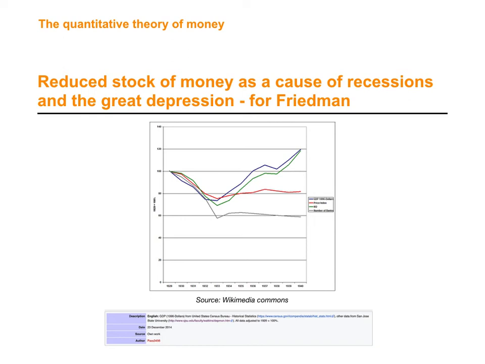Here we see that there was a reduction from 1929 to 1933. There was a reduction of around 1/3 in the money in the economy, in the stock of money in the economy. So Friedman will argue that periods of recessions were preceded by reductions in the stock of money, and periods in which the economy was growing were preceded by increases in the stock of money. So money was linked to the performance of the economy, and it was more important than the lack of effective demand, which was the Keynesian explanation. For Friedman, money is going to be the main focus of the explanation.